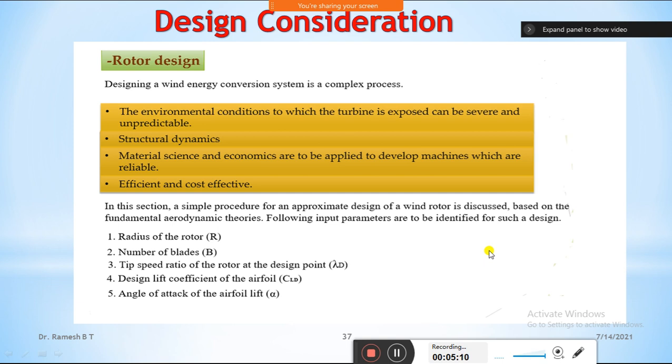That is the most important thing. From the performance point of view, we already know that the taller the tower, the better, because wind speed increases with height. The higher the height, the higher the wind speed, and you will get more power. That's why we always install a taller wind tower compared to the smaller ones.